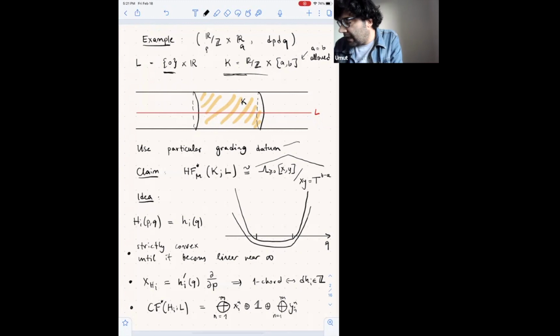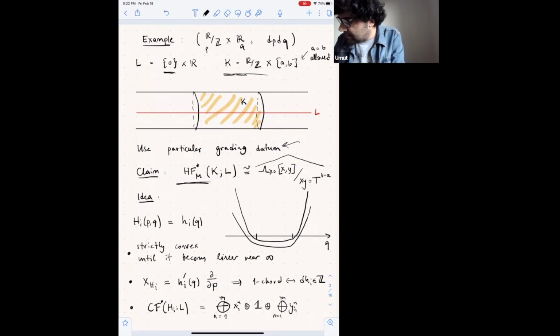Here I have to fix a grading datum, some trivialization of the square of the canonical bundle. I will not mention this, but there is some particular grading datum that you have to fix to get the results that I'm stating. And if you now compute this relative symplectic cohomology of this Lagrangian, localized at K, or if you want to look at it from the perspective of K relative to M,